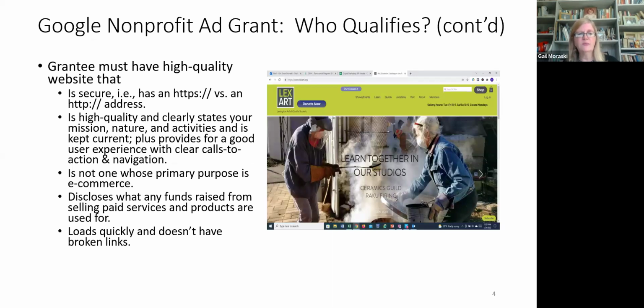So you must have a high quality website. It has to be secure, which means it has a security certificate attached to it, and an HTTPS address versus an HTTP address. I find nowadays most websites have that. It's very unusual for a website not to have that security certificate in place, but you do need that. It has to be a high quality site. It has to tell visitors what your mission is, what you're all about, and have a good user experience